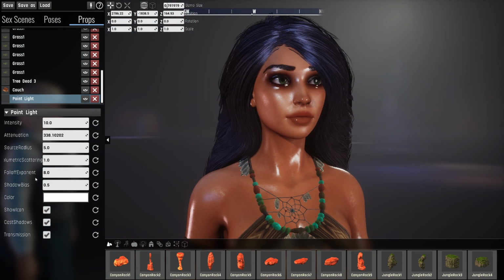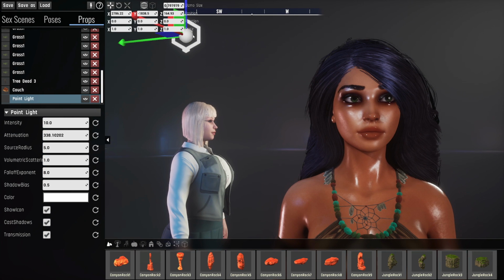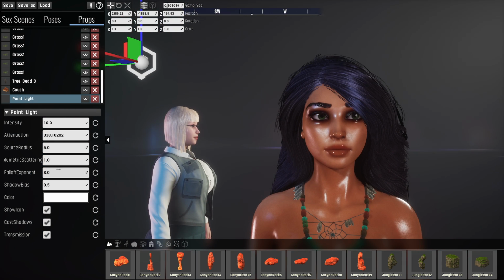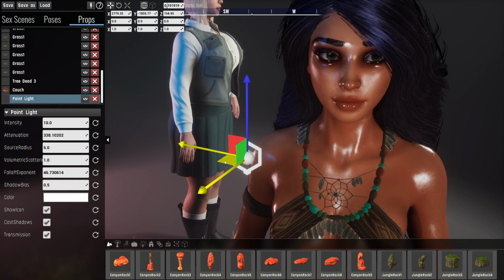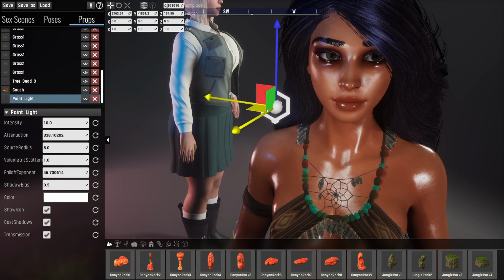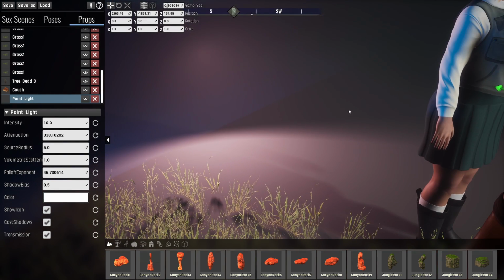So what's next? The next thing is the fall off exponent. What this does is it defines how sharply the brightness of the light should fall off in the distance. So higher values of this will make the light fall off faster. So I have to put this light now closer to her to have the effect, and it'll no longer shine